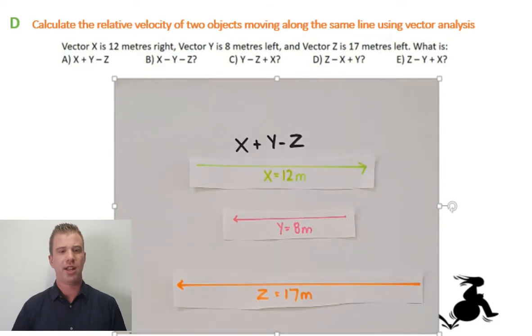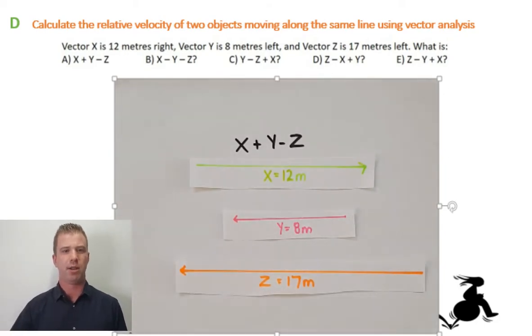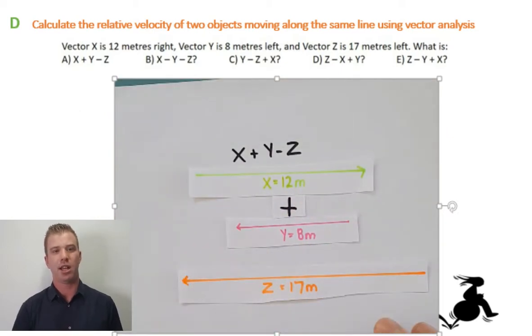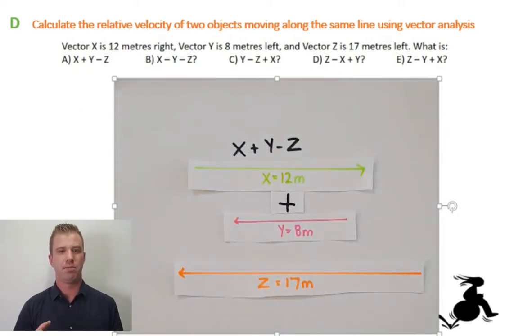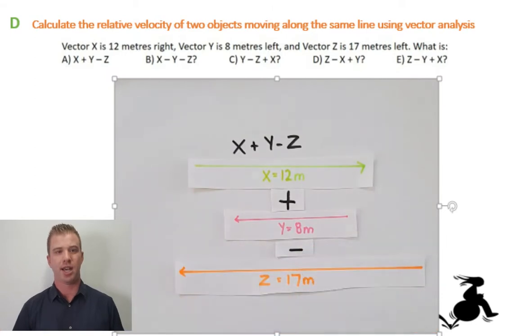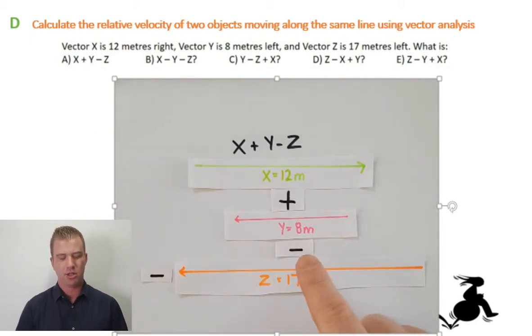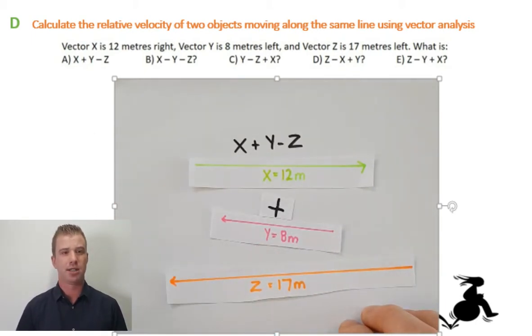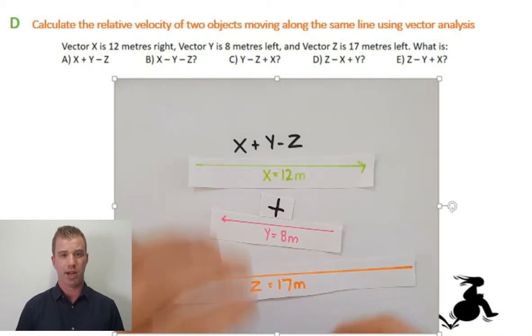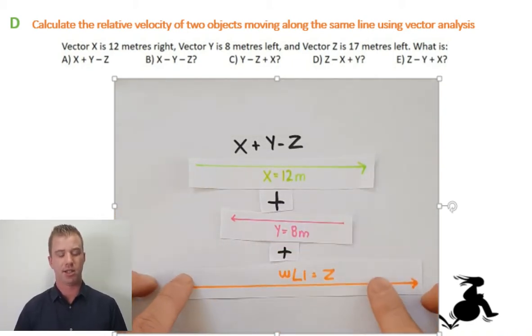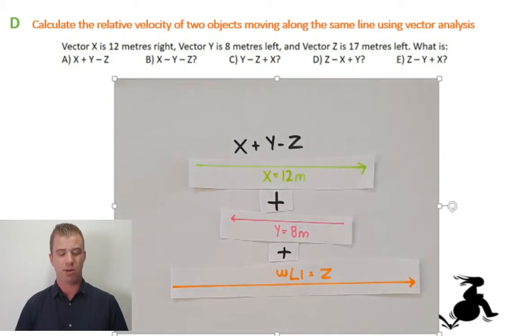If anything's moving on the right of a number plane, then we're going to give it a positive value, and anything on the left, we're going to give a negative value. So using basic maths in brackets in a calculator, we can work out the following answers. For the first one, x plus y minus z, you do 12 plus brackets negative 8 close brackets minus brackets negative 17 close brackets, and you'll get a positive 21 as your answer, which just denotes the answer is